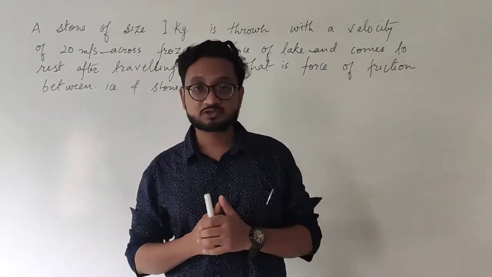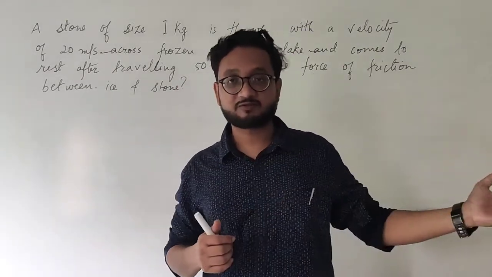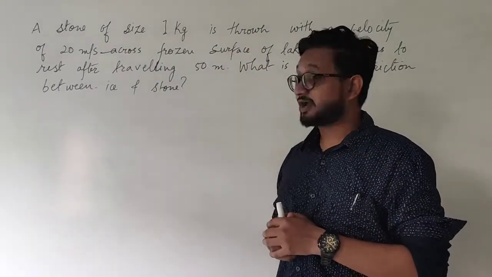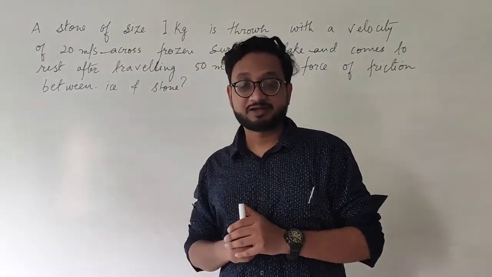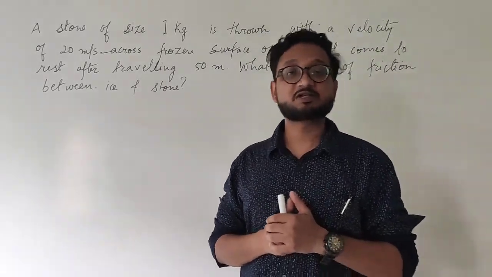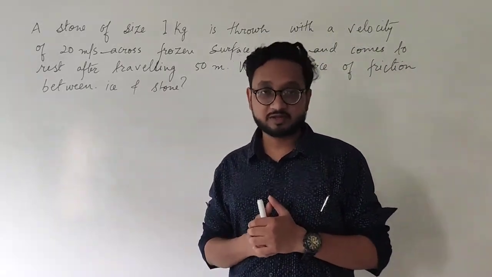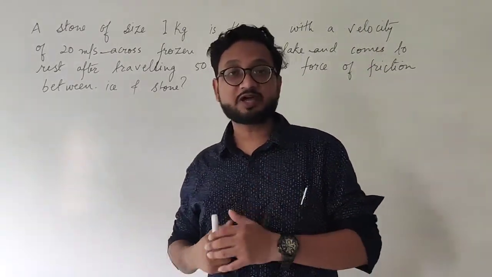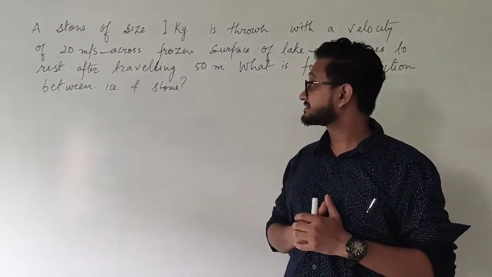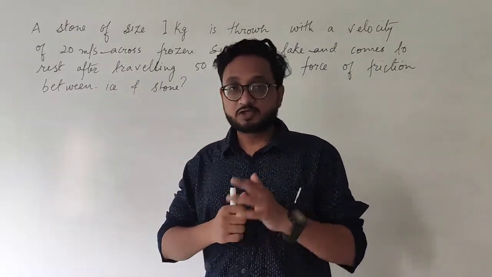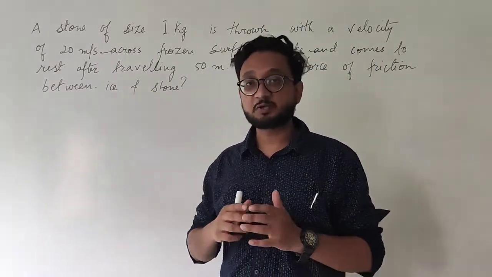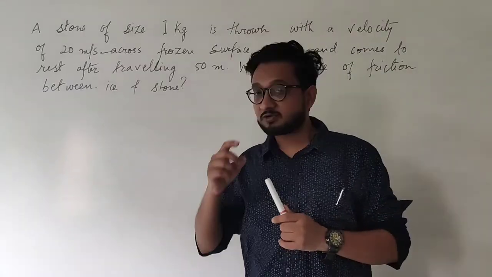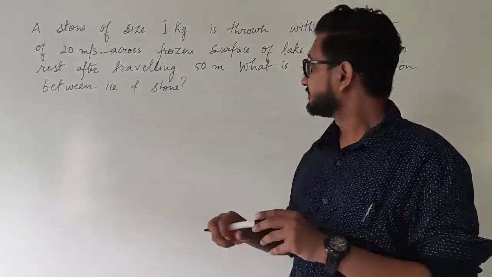So obviously the stone is not stopping by itself. We know that the force of friction is actually opposing it. So we need to find what is that force that is stopping it. And we know that the formula for force is F is equal to m into a. We have the mass, that is 1 kg, but we don't have acceleration. So you need to find acceleration, and like I said in the previous video, you will require once again to use the equations that we studied in the previous chapter, that is the motion chapter. Okay. So let's remember what the formulas were once again.